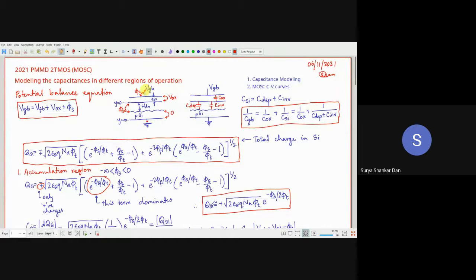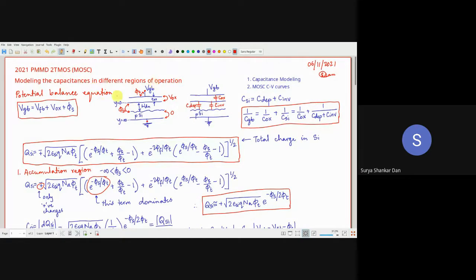So that means whatever voltage we are going to apply on the gate terminal is going to be your absolute potential. Okay, so this potential will be VGB, that means the gate potential with respect to the body. Correct? Now, let us find out the different contact potentials or the various drops in it.